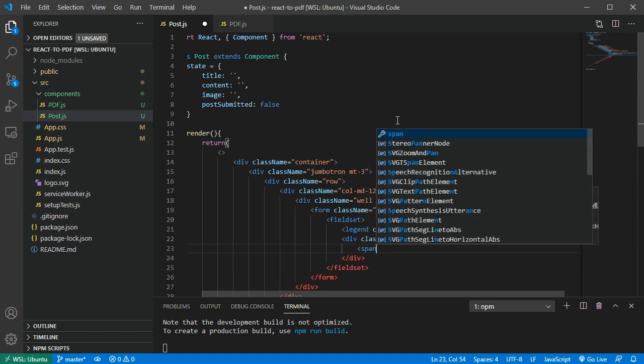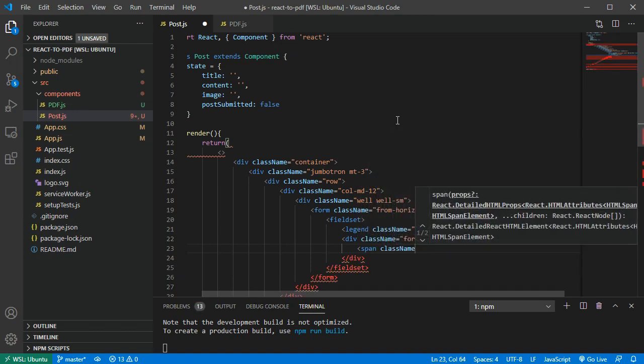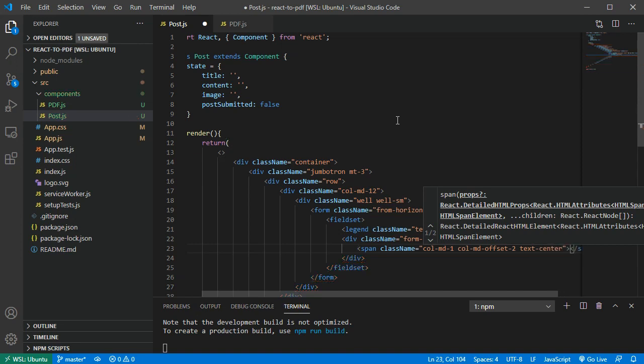So we have span className, and the className is col-md-1, and then space, and then we have col-md-offset-2, and then we have text-center, and in this span